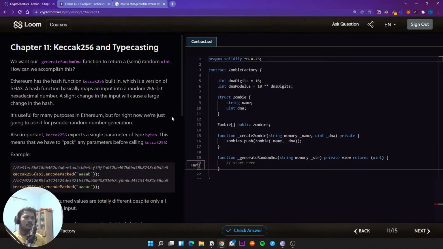How can we accomplish this? Ethereum has the hash function keccak256, which is a version of SHA-3. A hash function basically maps an input into a random 256-bit hexadecimal number. A slight change in the input will cause a large change in the hash. It's useful for many purposes in Ethereum, but for right now we're just going to use it for pseudo-random